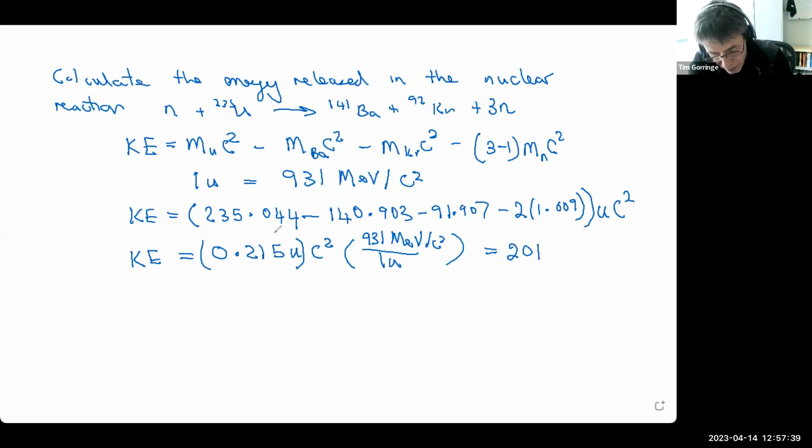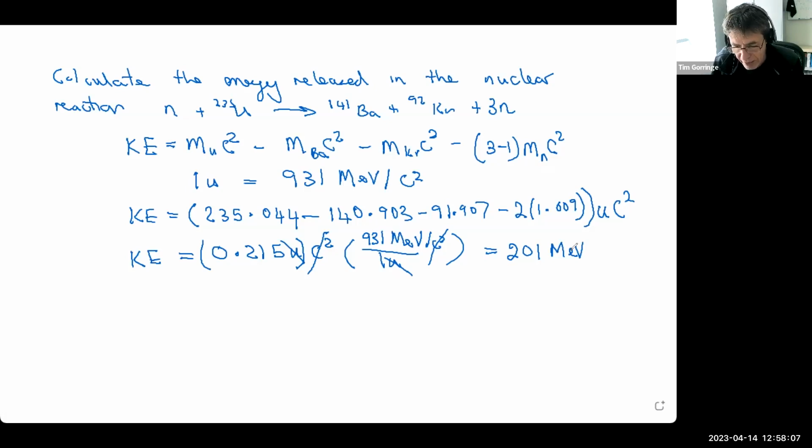And the units are going to be, well, we've got a U in the numerator here and a U downstairs in the denominator here. We've got a c squared in the numerator and a c squared in the denominator here, so we're just left with the units of MeV, which is a unit of energy, mega electron volts. So that's the amount of energy, about 200 MeV, which is released by one of these nuclear reactions that's happening inside